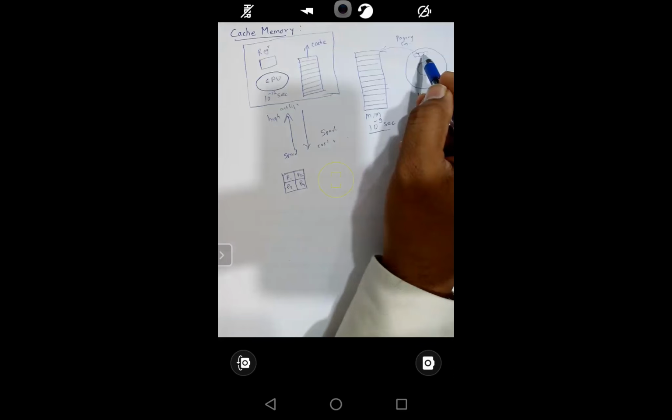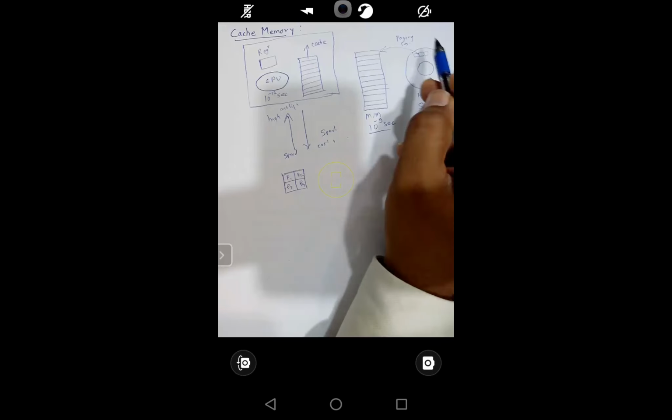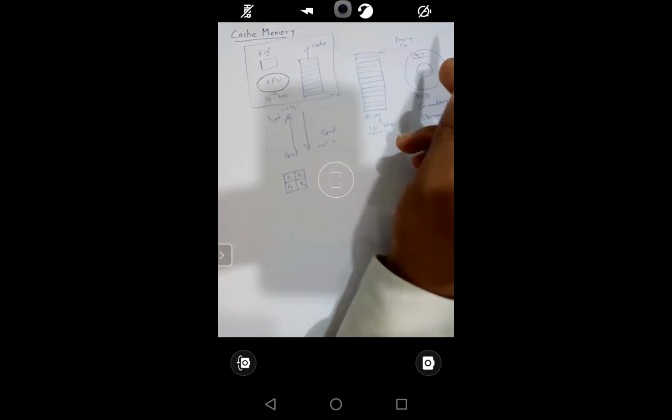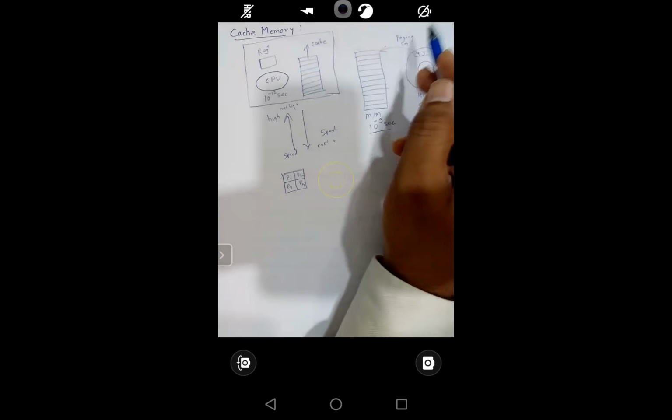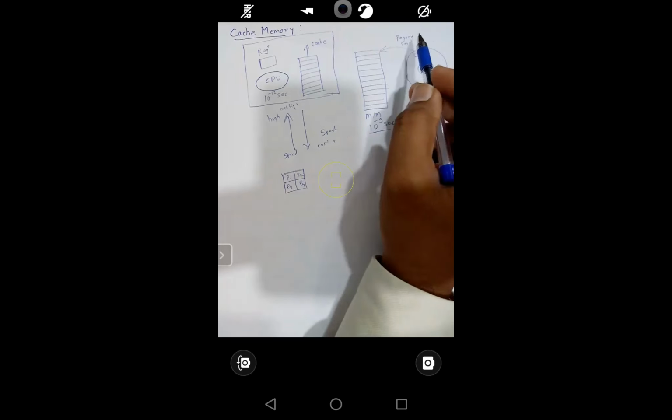For example, if 4 or 5 students have participated in gathering for the dance, and one teacher is asking one of the members to call, right? So what will the other person do? He will call all 4 or 5 students, because the teacher is asking for one student, he may ask the other students too, because all the students have participated in the gathering for the dance, right? So that way you can understand the locality of reference.